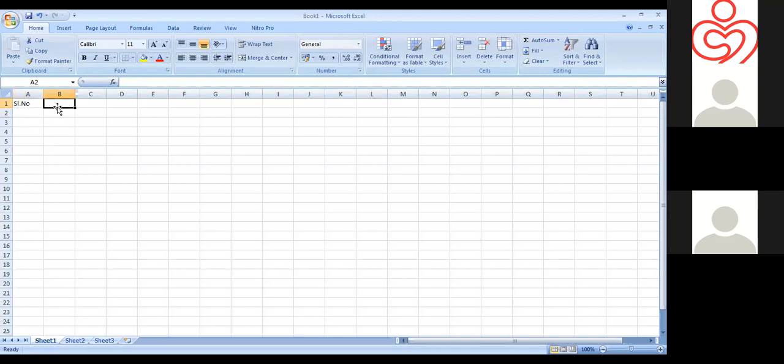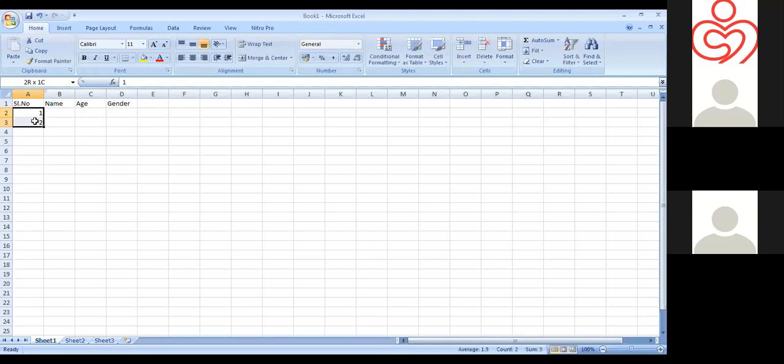Whatever the data, the first column will be the serial number. Suppose the next column is name, the next column is age, then gender. Suppose these are the 4 variables I have, and I have data of 10 patients. So the serial numbers I should enter like 1, 2.